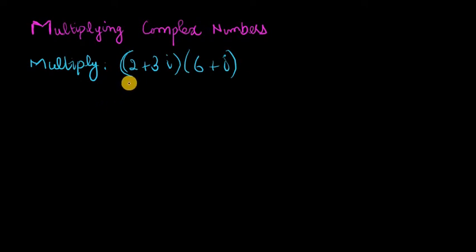We are asked to multiply the complex number 2 plus 3i and the complex number 6 plus i. And the way to do it is the way in which you would multiply any traditional binomial. For instance, x plus 3 times x plus 4 maybe. The way you would multiply this is exactly the same in which you would multiply this, except that you have